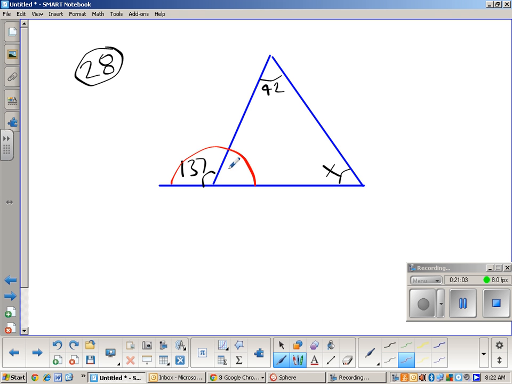Now, some of you would say, I can find this angle right here. I'll just call it Y for now, but I can find that angle. It's going to be 180 minus 137, right? And then you can look at this triangle, and you can find X. Okay, you certainly can do that. I'm not going to mark it wrong if you do it that way. But